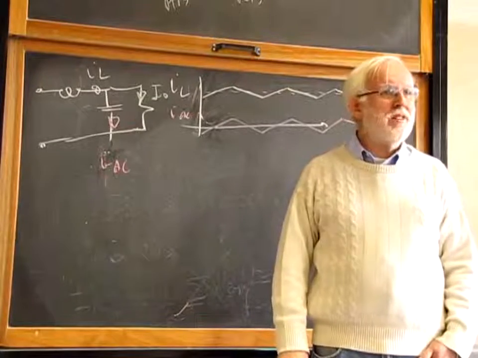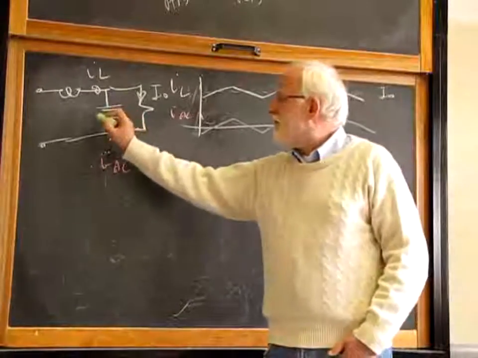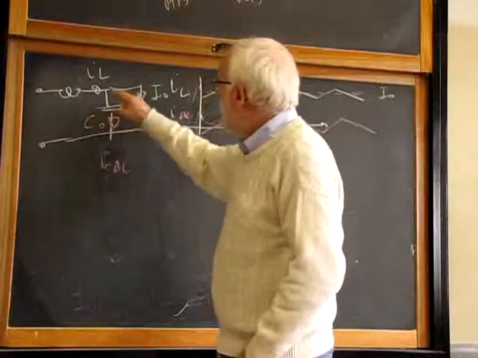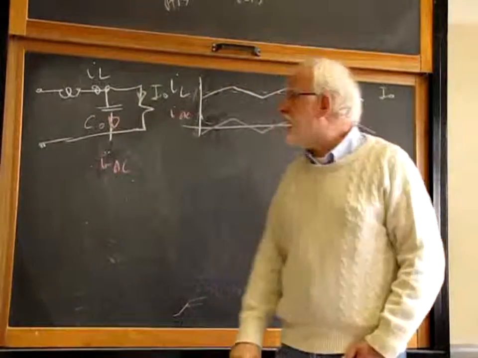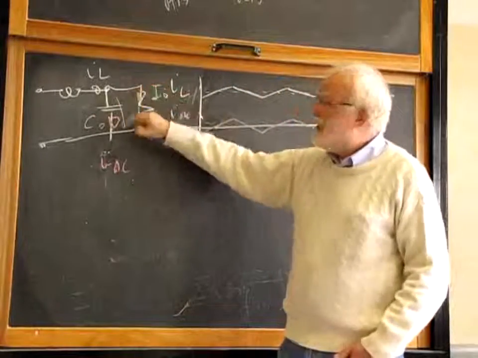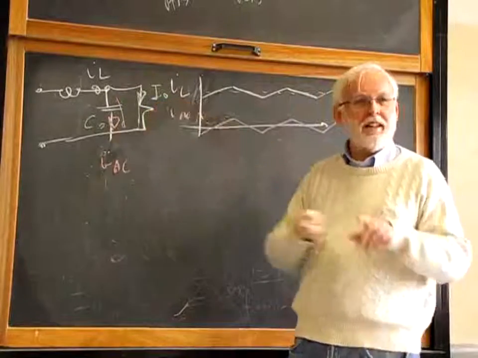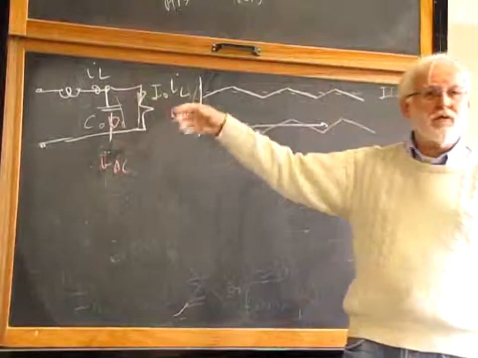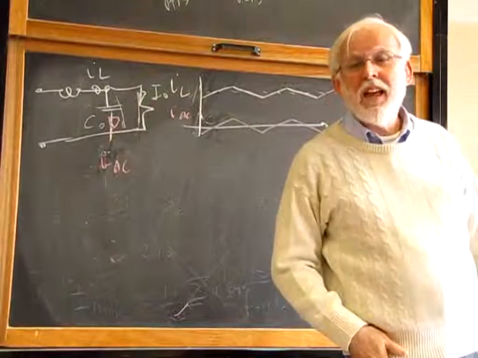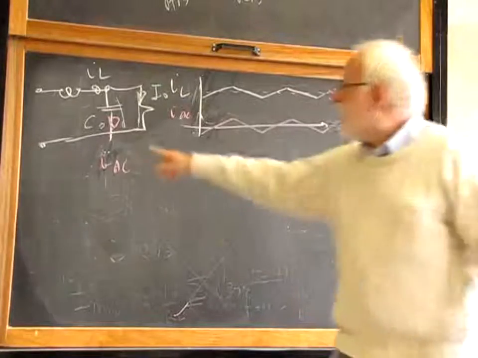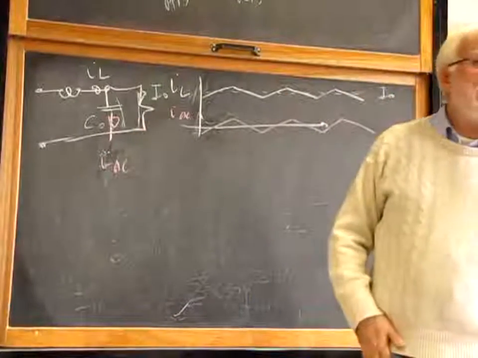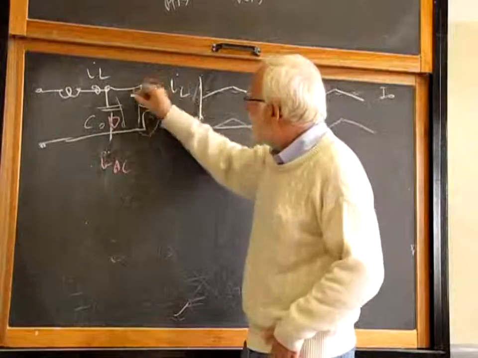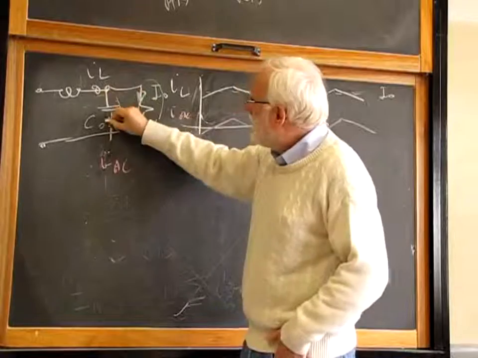And no, because the output current, the AC component, here finds two possible paths, one through the capacitor, one through here, and it divides. Part of the current goes through the capacitor, part of the current goes to the load, unfortunately. But we will take an output capacitor that has an impedance far smaller than the output resistance. So the AC component mainly flows,